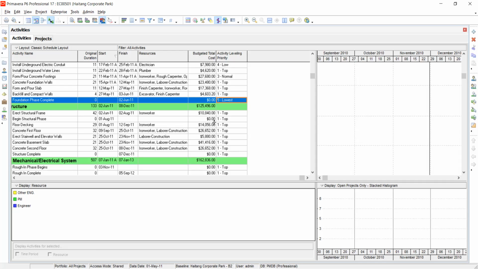Yeah, now maybe the better way to go about it is you can filter out all the critical activities and give them top priority. Like the critical activities. Then the others, you can either give them normal or something like that. So that the resources, when they are, because like the way I'm asking,